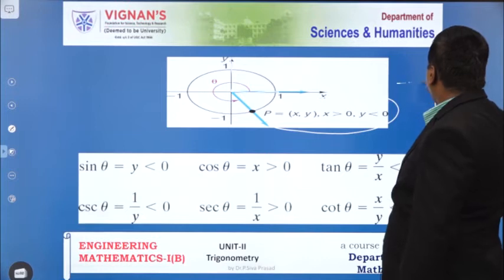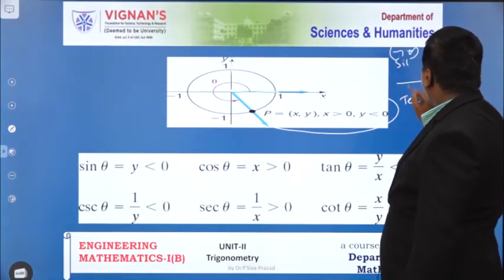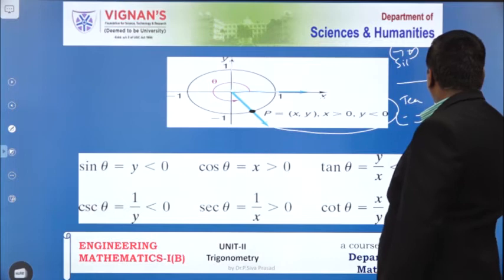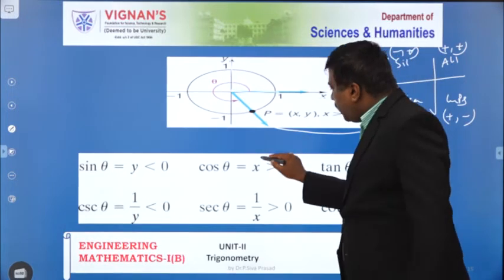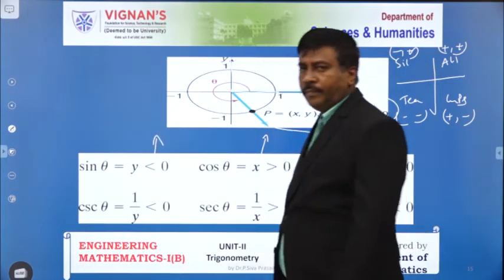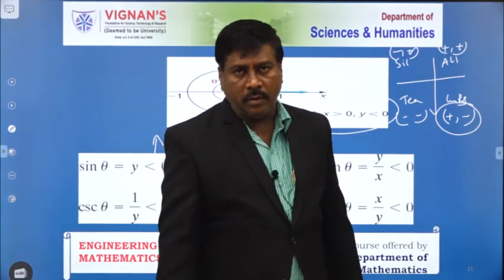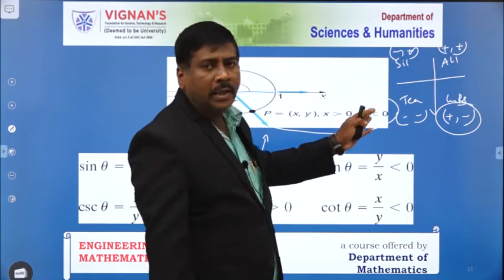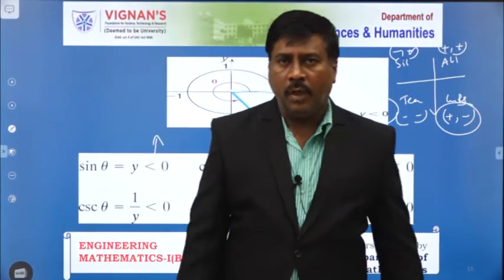Here what I have to say is: all silver tea cups. All silver tea cups. This is plus plus, this is minus plus, this is minus minus, and this is plus minus. All of you catch my point. Now here we conclude that the x value is greater than 0 and the y value is less than 0. That means the point must lie in the fourth quadrant of the coordinate plane. In that, the cos and the inverse of the cos are both positive, and all the remaining trigonometric ratios are negative. All of you catch my point.